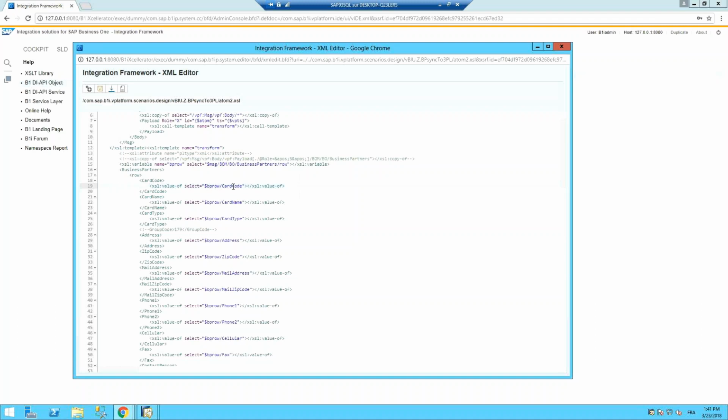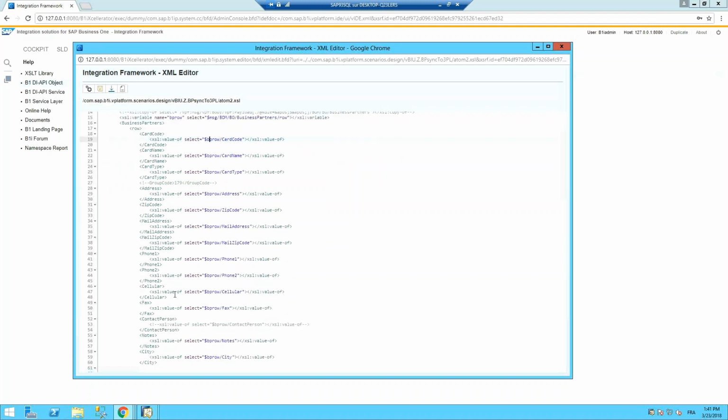So here I copy the card code from the original message, the card name, the card type, and here this morning, what I'm going to do right now, I'm just going to remove phone 2 from here, okay? Oh, shift, I'm going to remove phone 2, then save